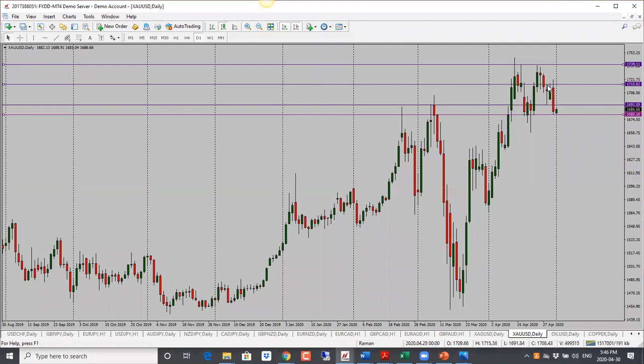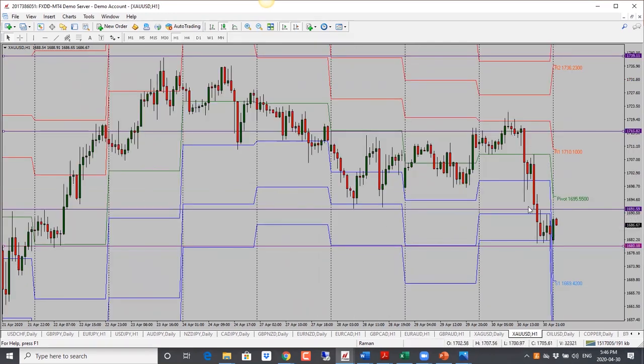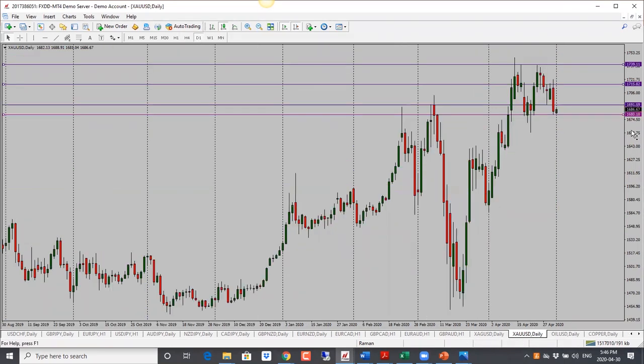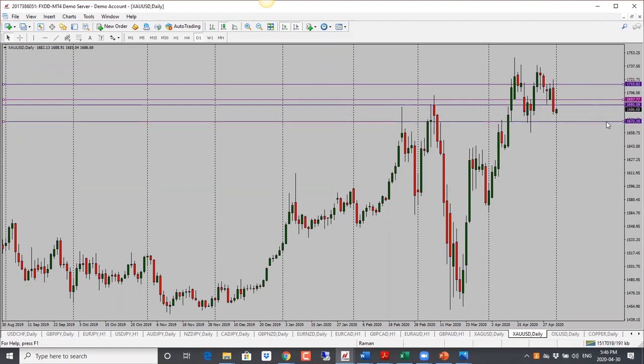Gold here, gold tried to go through here, got turned around. So this one here as well has some inefficient moves here as well. So we have to be careful because we could see pullbacks. So in this case, first pullback, I'm looking at 1690 and then even 1697, but bias is bearish here, and the target is 1670.